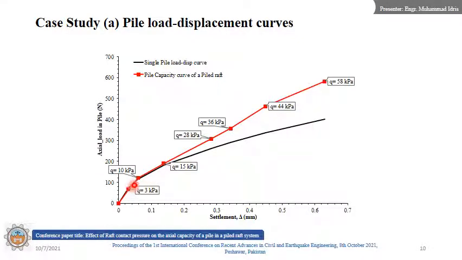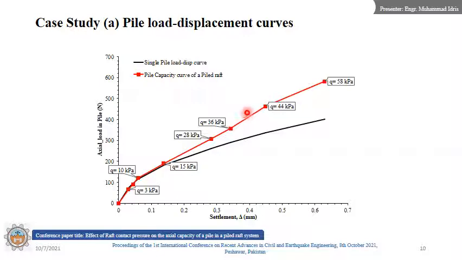However, in this curve, under different surface pressures applied on the plate, the load displacement values were recorded for the pile in a Piled Raft system, and under increasing pressure,